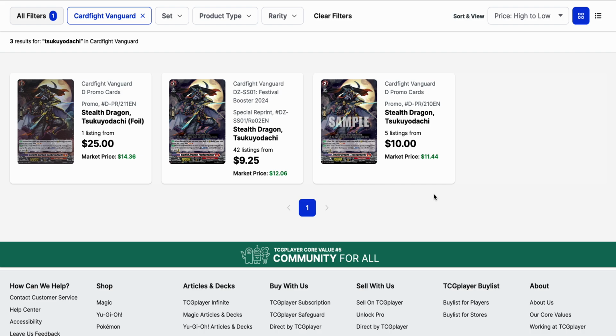We've also got Stealth Dragon Tsukuyo Dachi, which just got reprinted in Festival Booster 2024 as well. So if you're looking to pick up that single foil promo for $25, I'd say hold off there, because remember, that foiling is pretty much the same as the foiling that you get for the special reprint. So honestly, you're just looking for the number and rarity, I suppose, if you're trying to pick up the old foil. On top of that, the non-foil promo is around the same price as the reprint double rare. So that's $10 for the common, $9.25 for the reprint, and $25 for the foil. And these are all the lowest listings that are available. Market price between the common and the reprint are about $11.50 to $12 respectively, while the original foil's market price